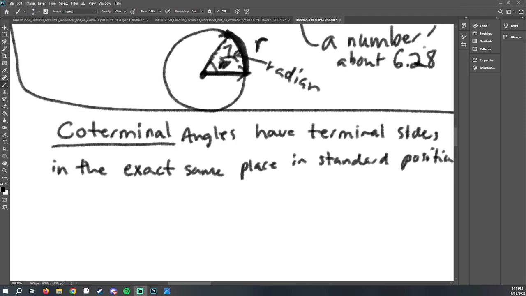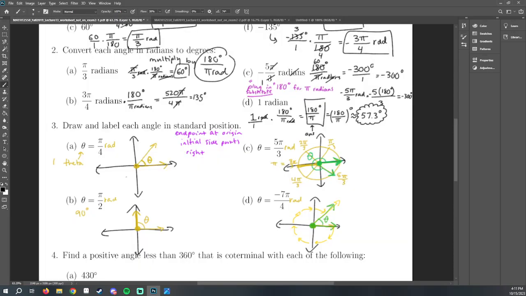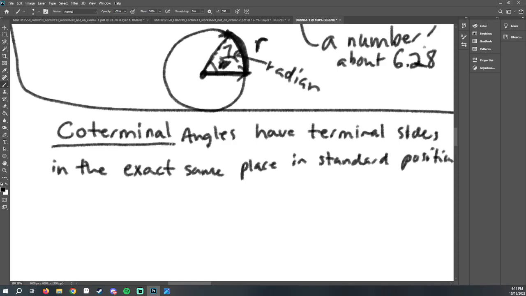There we go. Coterminal angles have terminal sides in the exact same position. So an example would be the problem that we just did. The answer to A, this here, has the same exact terminal side as this here, even though their measures are written as different numbers, right? Pi over 4 is not the same number as negative 7 pi over 4. However, as far as angles are concerned, those numbers are actually equivalent to each other, essentially, in the sense of they create coterminal angles. So a rule about this: